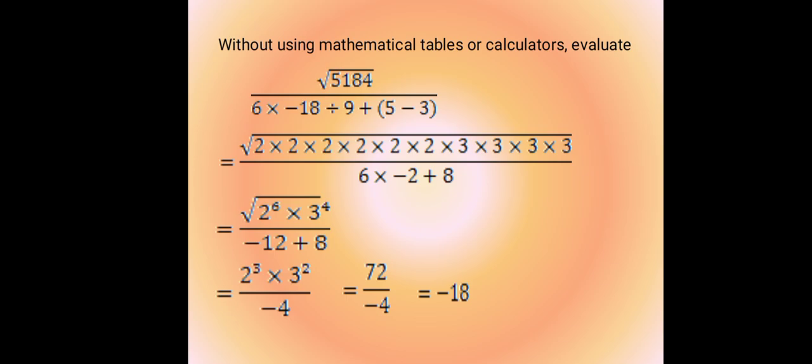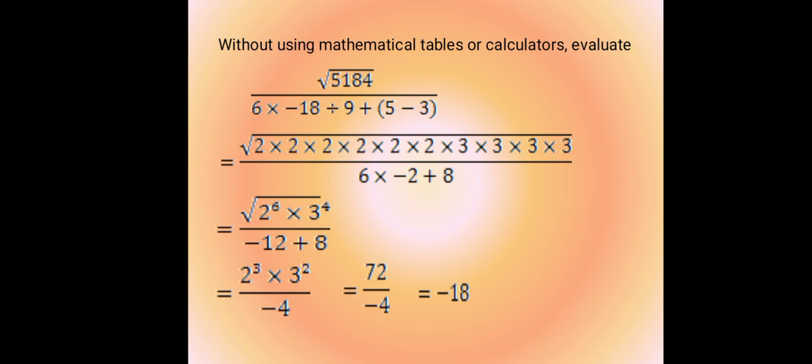Without using mathematical tables or calculators, evaluate the square root of 5184 all over 6 times negative 18 divided by 9 plus brackets 5 minus 3. For the denominator, we shall work the part in brackets first. 5 minus 3. What do we get? For the numerator, we shall find the